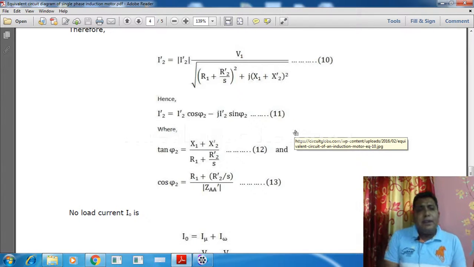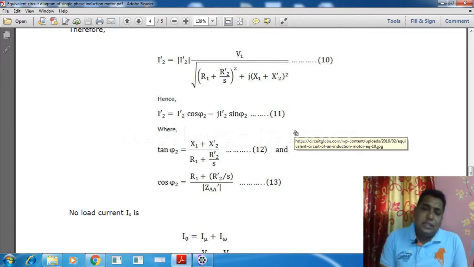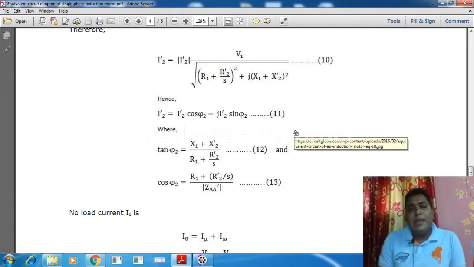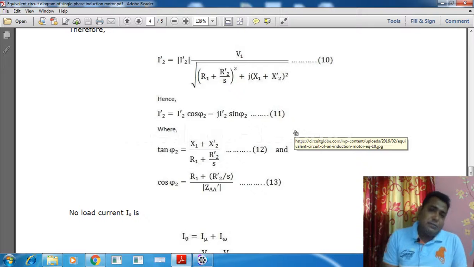That means whenever in the rotor circuit there may be load, or may not be load. So with load or without load, in both cases, the existence of R0 and X0 can be found out. That's why it is not taken into consideration in this condition, when we have the existence of R1, X1 and the existence of R2, X2, and when we are referring R2, X2 to the stator side, converting them into R2 bar by S and X2 bar.